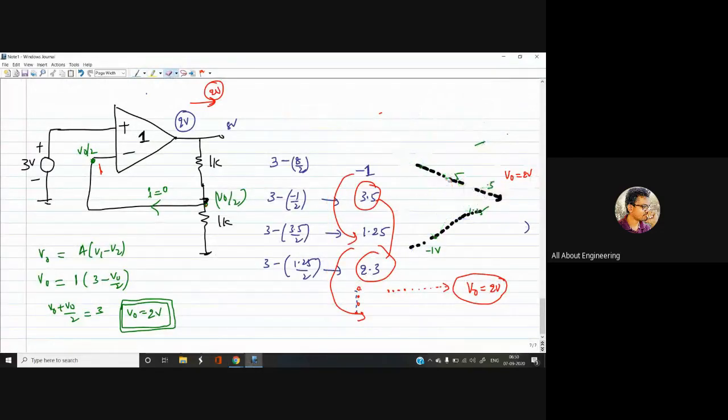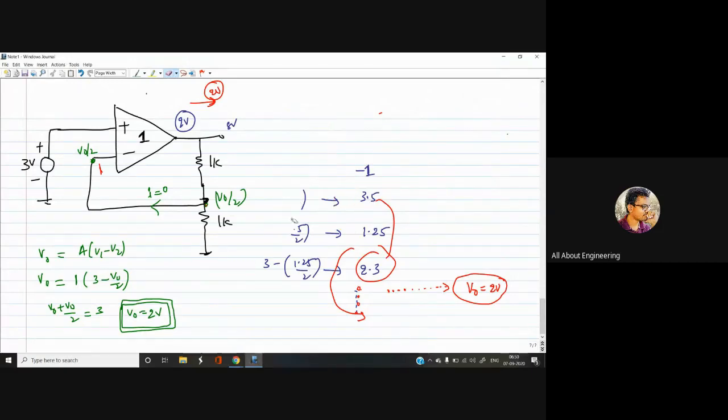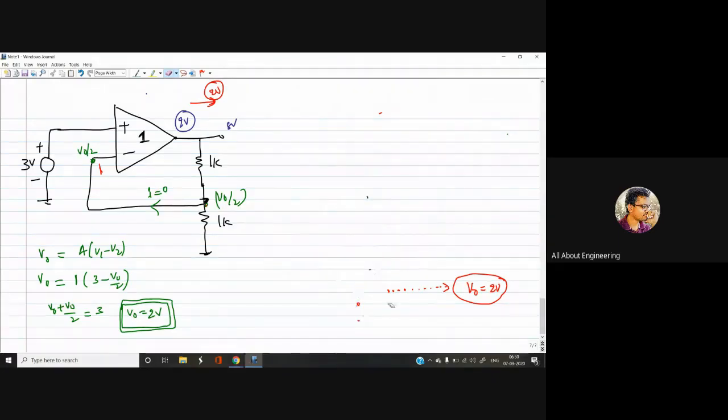So this is how the fluctuations happen, right? Now let me create the same setup so that it would be easy for you to interpret what happens if gain increases. The point that I made right now is that the output converges. Let me derive, let me show you that on paper. Here the differential value, if gain is 1, is 2 volts. 3 minus 1, 2 volts, right?